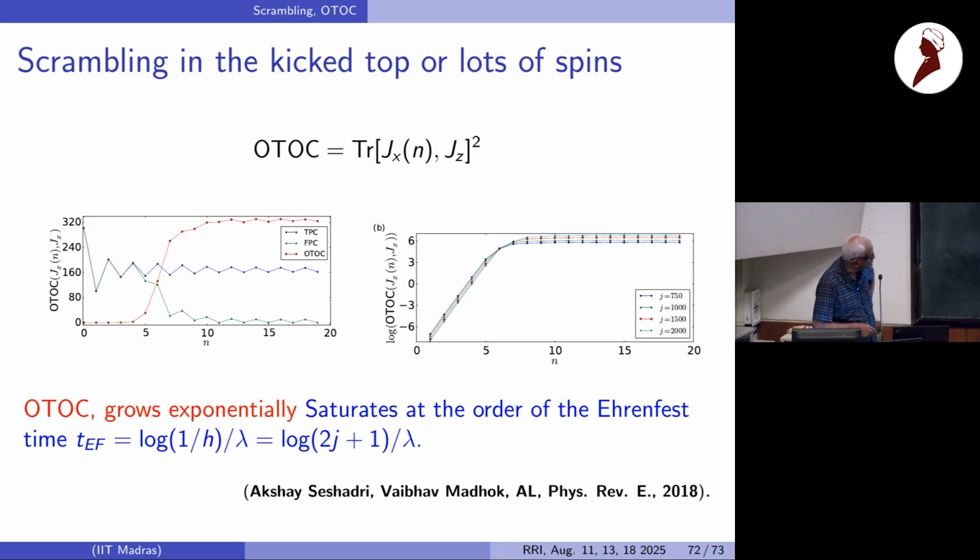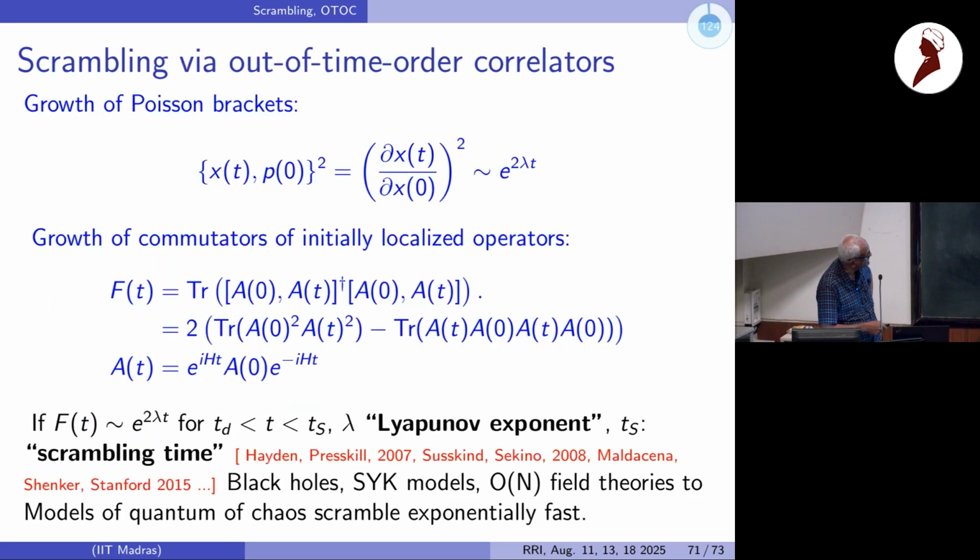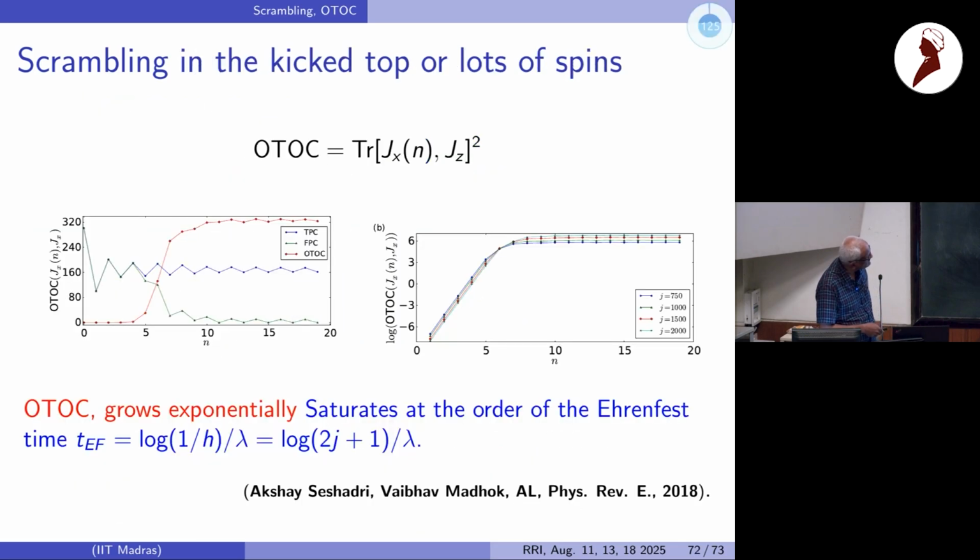So you can extract something. In this case, this exponent will look pretty close to the classical Lyapunov exponent. But that's also not very surprising because we said that till the Ehrenfest time, there is quantum classical correspondence. But it still quite depends on these operators and so on. And there are some interesting aspects to this difference between out of time order and this two time order kind. So yeah, this is out of time order correlators, which people got excited about because it kind of defined a Lyapunov exponent.